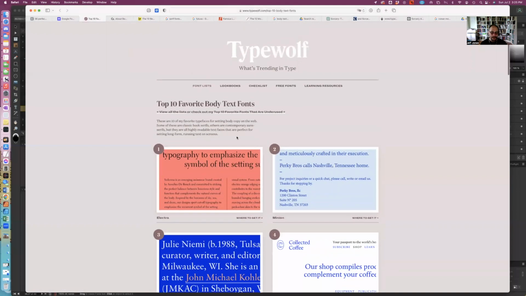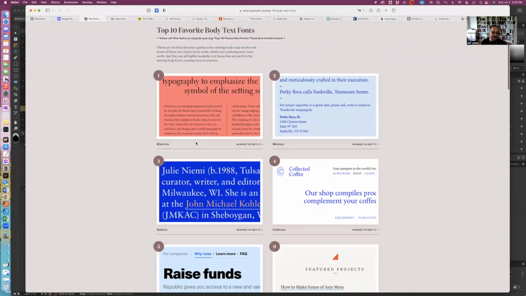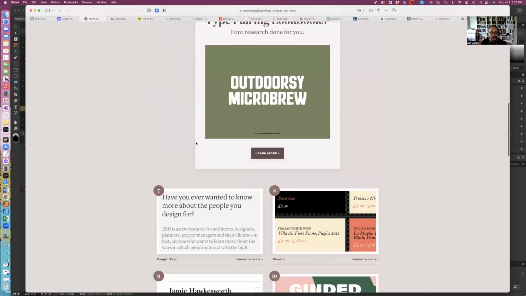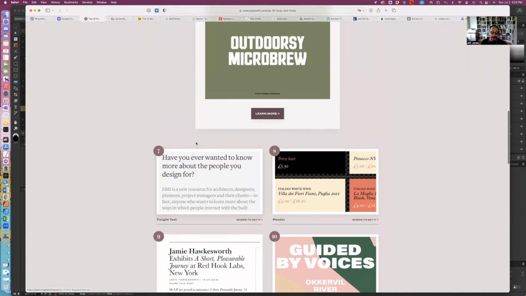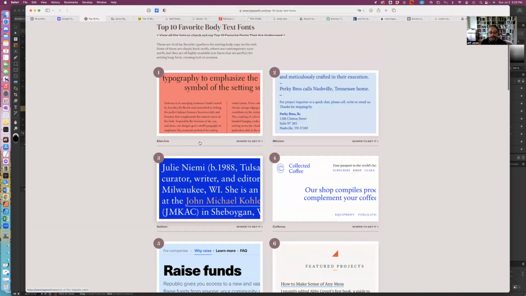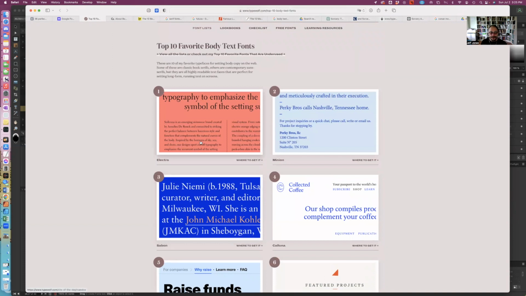There's a site here called Typewolf. It's a good site. They give an example of their top 10 favorite body text fonts. And as you go through this, a lot of these are actually new fonts. So what I will say is there are a lot of professional fonts, and there are new fonts out there that are intended for text, for body text, for print. And those are all viable. And I think if you choose to go that route,